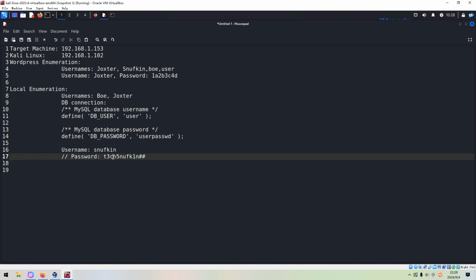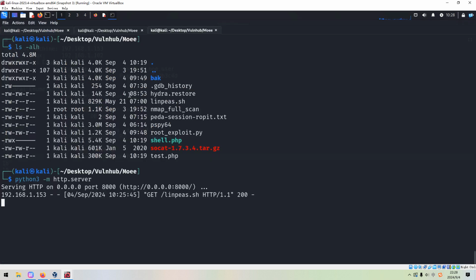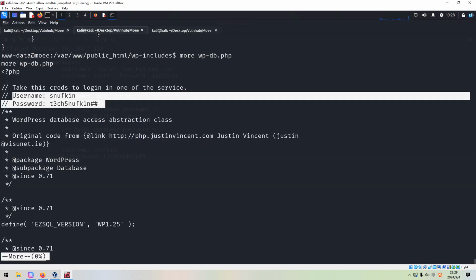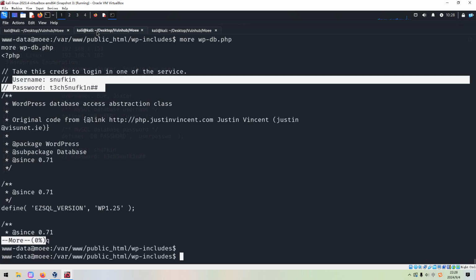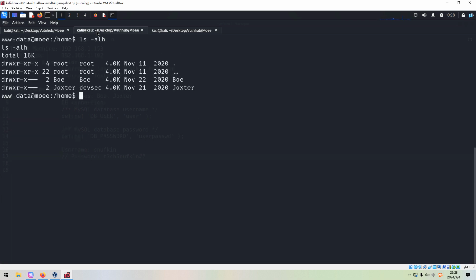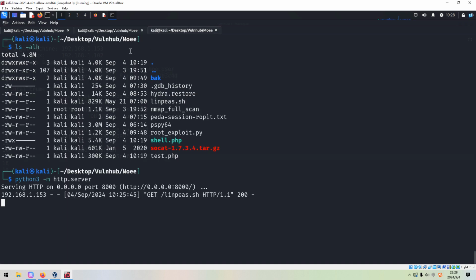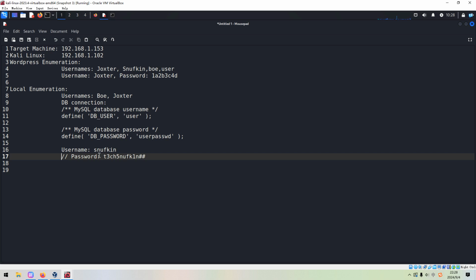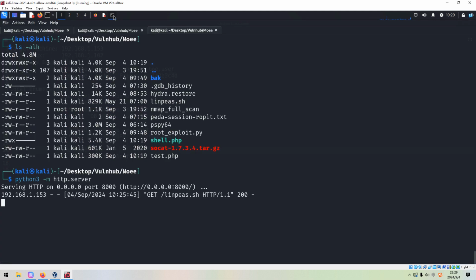Username, take this credential to log in to one of the services, and we can copy. So next, I think we can try to use this password to switch our shell, or SSH to the target. For example, we can go to the home directory, and however, this password is for this user, but the target doesn't have this user. So next, I think we can use this credential to log into the MySQL database again.